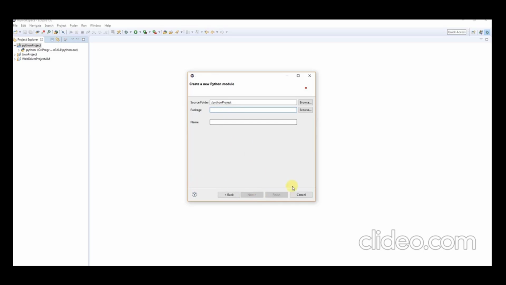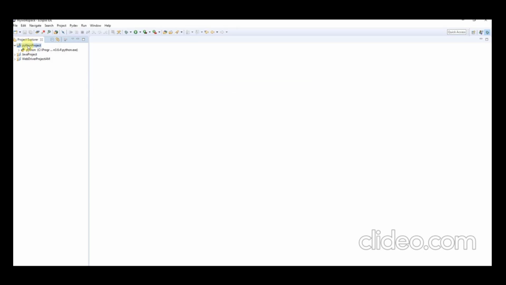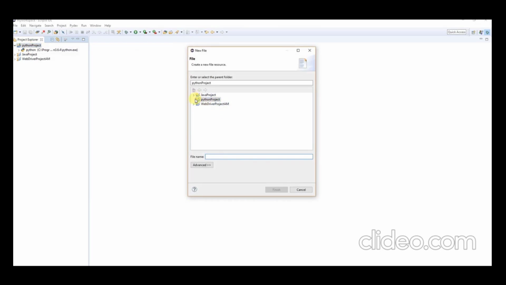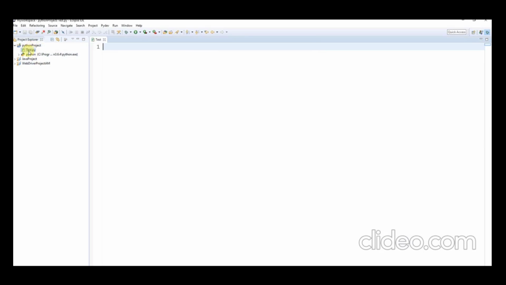Now here you can write the same code again. So I will write print, welcome to Eclipse Python. So this is a message, and along with this I will also print a few messages, welcome to Eclipse Python world, or I can just say this is Python from Eclipse.